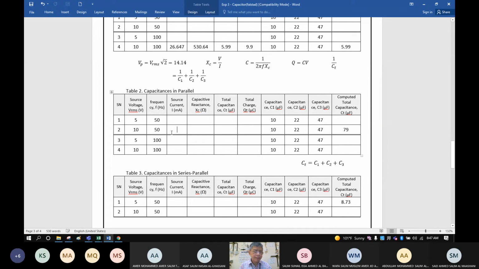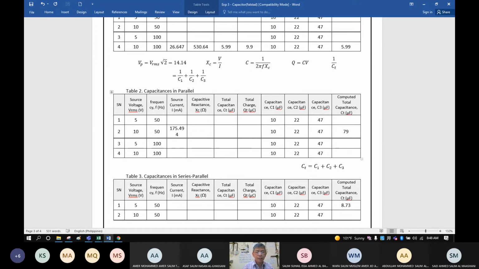So our current is, again, 175.494. It is already in milli, okay? Milliampere.